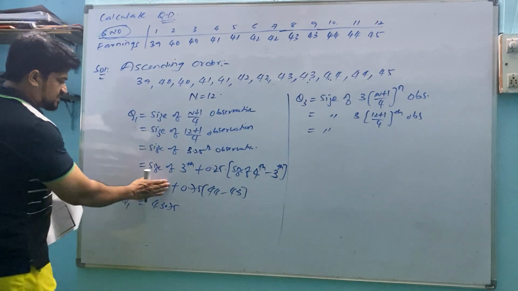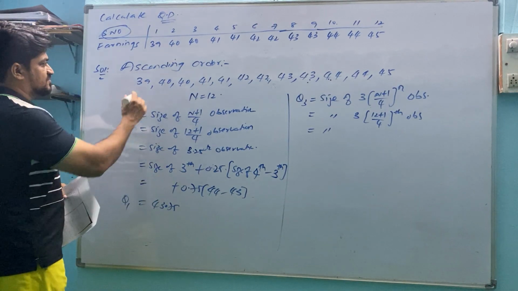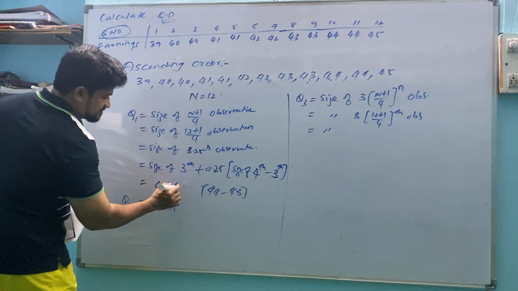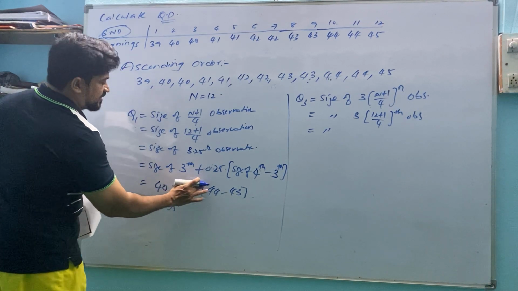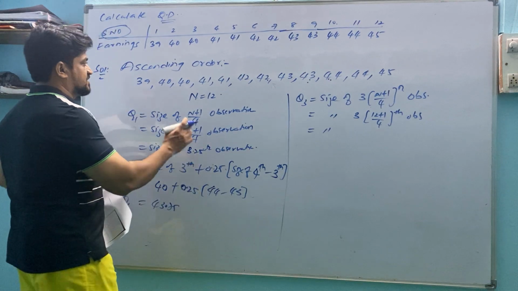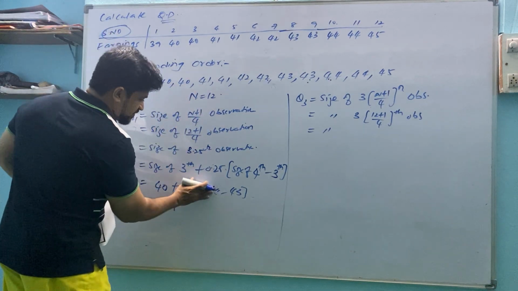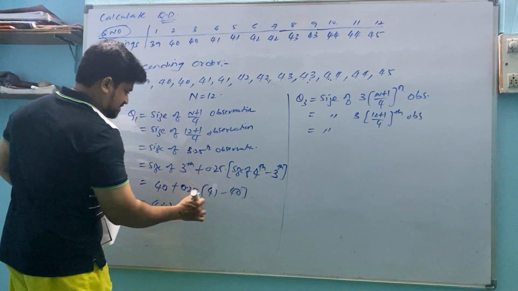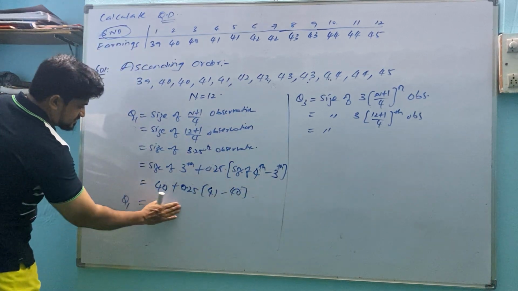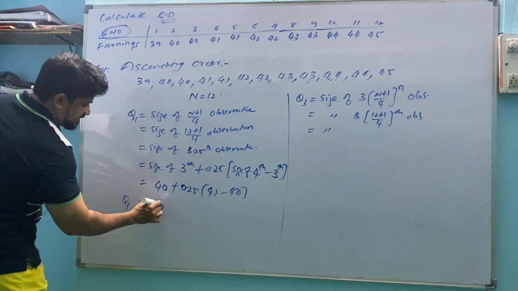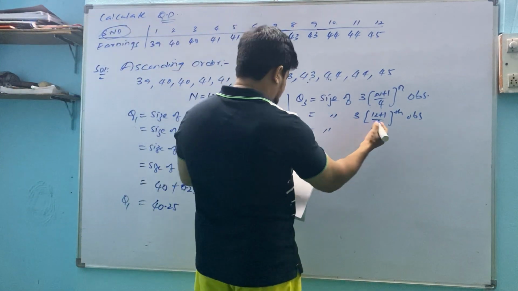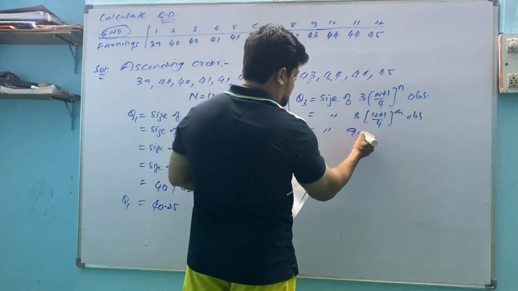Now, size of third observation, 1, 2, 3, is 40, plus 0.25 into fourth minus third, 41 minus 40. So this is 40.25. Here 3 into n plus 1 by 4 observation, this is the 9.75